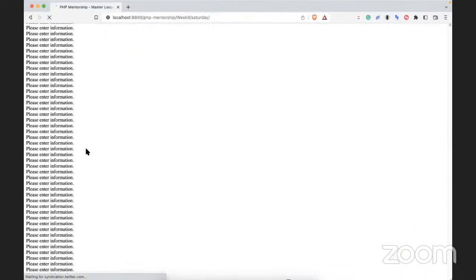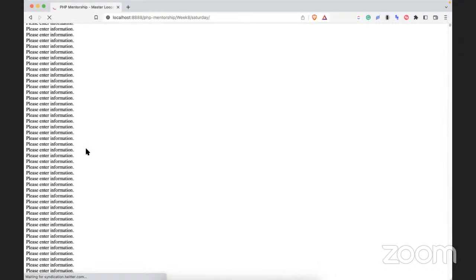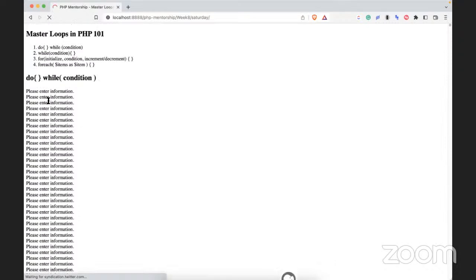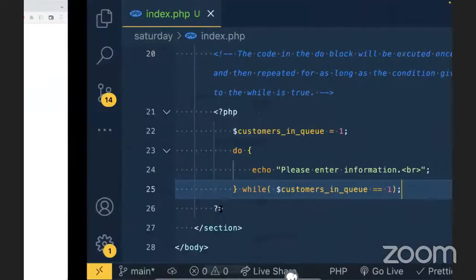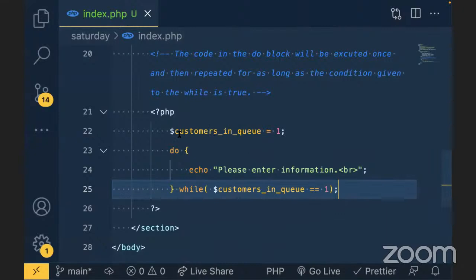All right, do you see this information that is showing on the screen? It is showing on the screen and you are seeing that please enter information now, and it has even crashed because it is an endless loop. Why is it an endless loop? We've assigned customers in queue to 1, and we've come to the while and we said that as long as the while is equal to 1, that means whenever it's 1, it's going to keep doing what? It's going to keep